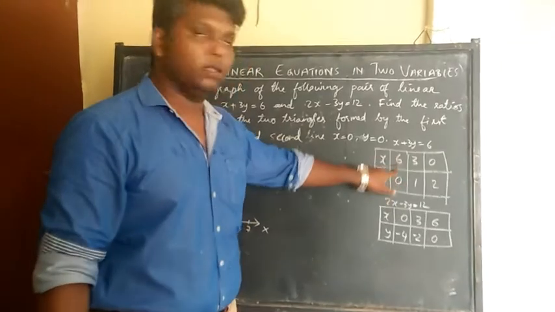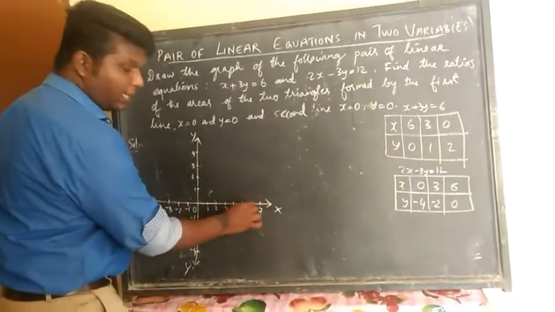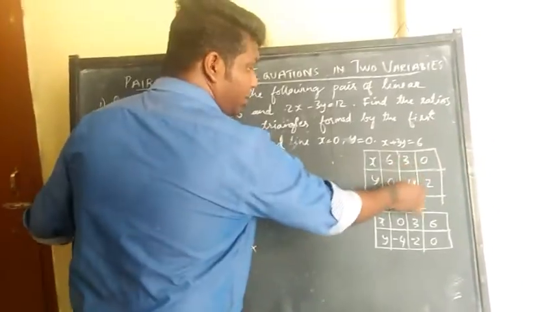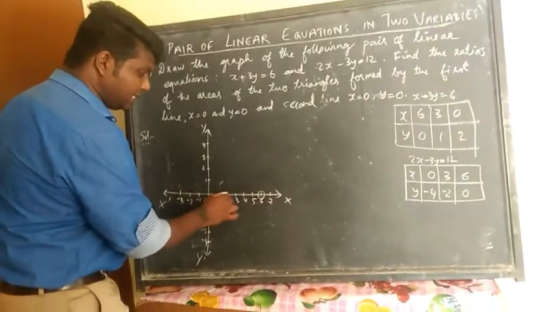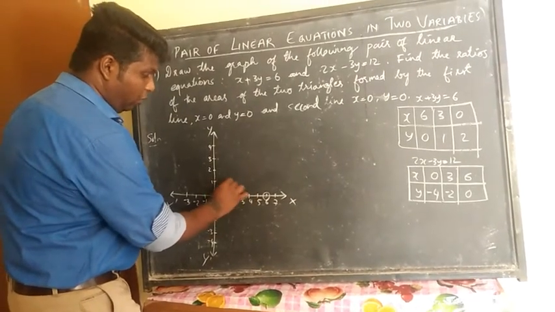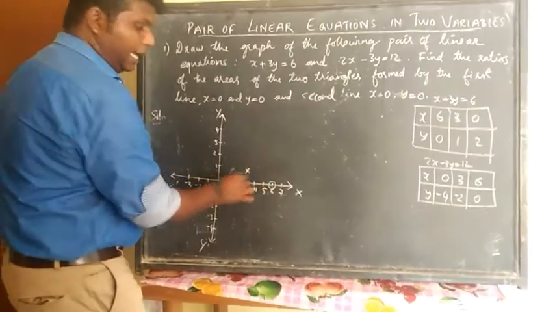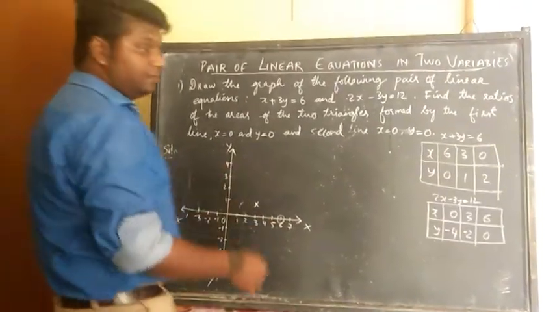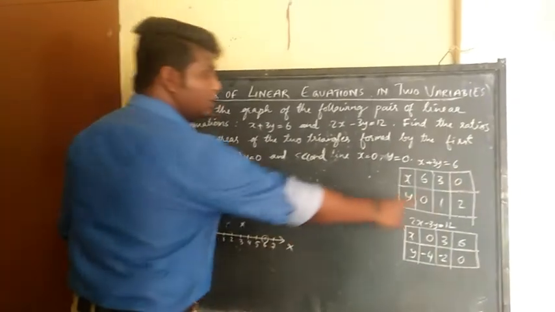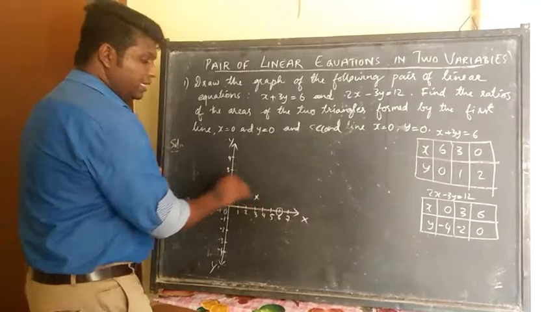First, what is the first required point? 6, 0. That is the first point. 6, 0. Where is it? 6 on x-axis and 0 on y-axis. This is the first point. Second point, 3, 1. Where is 3 on x-axis? 3. Where is y on y-axis? Here it is 1. So 3, 1 will come almost here. So I am marking this point. 3, 1. And you can circle it with a marker. Third one, 0, 2. 0 on x-axis means it's on the y-axis line. 2 on y-axis. 2 means here it is.